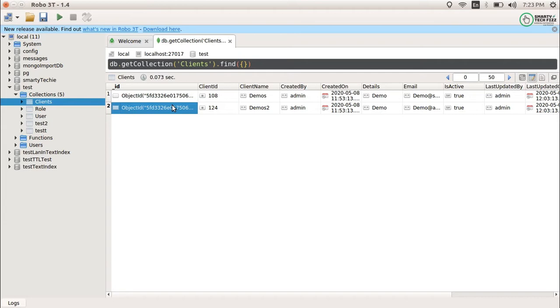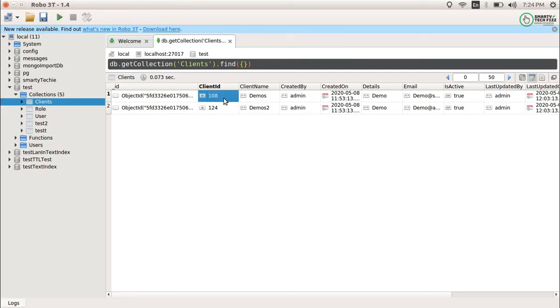Okay, so let's say I want the client name or client id to not be duplicated. So what will you do? What we can do is create an index over it. If you have a question about how the index will help us avoid the duplicate entry, let's see it.